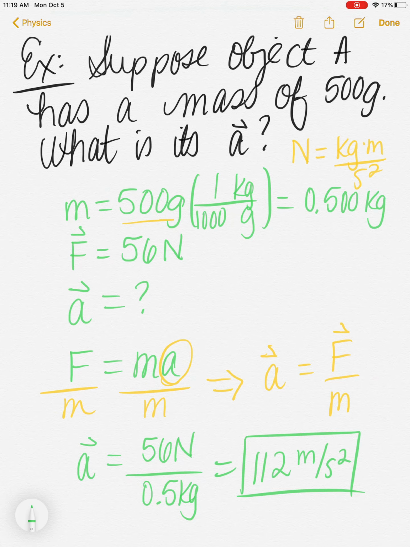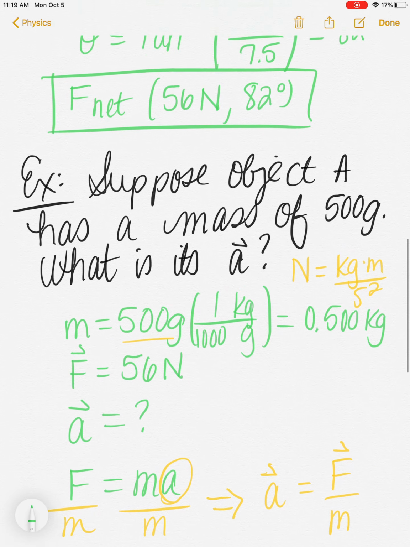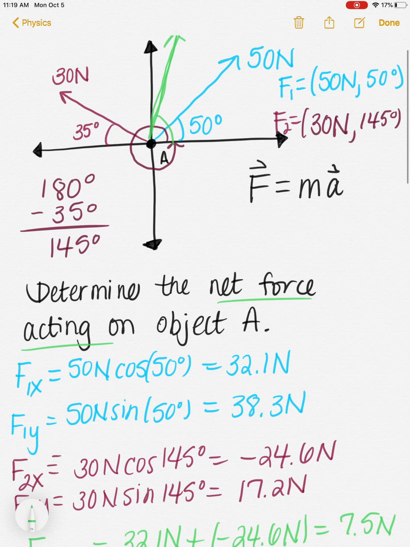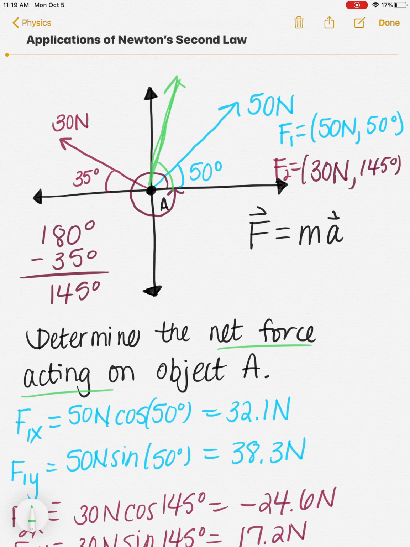And so our lesson today is that if there is a net force, there is also an acceleration being produced according to Newton's second law. If all of the forces add up to 0, there's no net force, then there can be no net acceleration. And we often refer to that scenario as being at equilibrium. Please just make sure that all mass measurements are in kilograms and that you express all angles from 0 to 360 with respect to the unit circle. And this is how you can merge resolving vectors